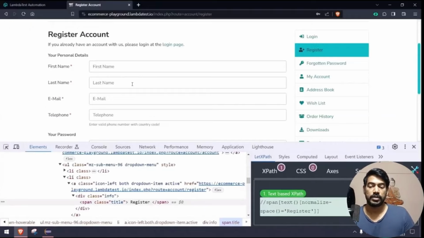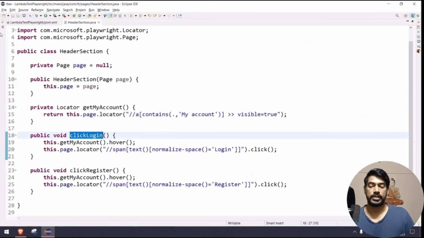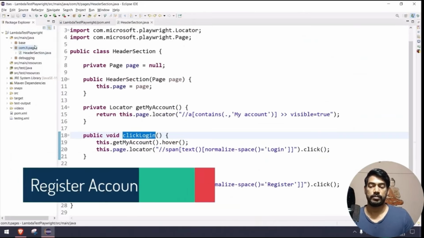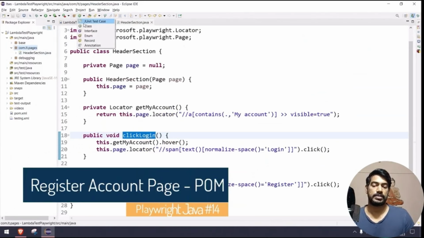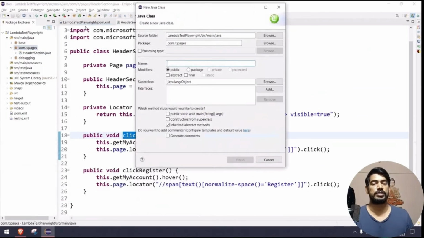Okay, now here we have this register account page, right? So let's go to our package explorer. I'm going to create one more class. Why am I creating one more class? Because of course it's a new screen, that means it's a new class. Okay, so I'm going to name it register account